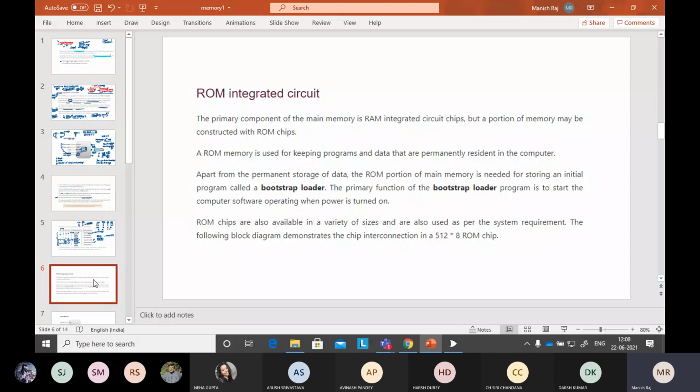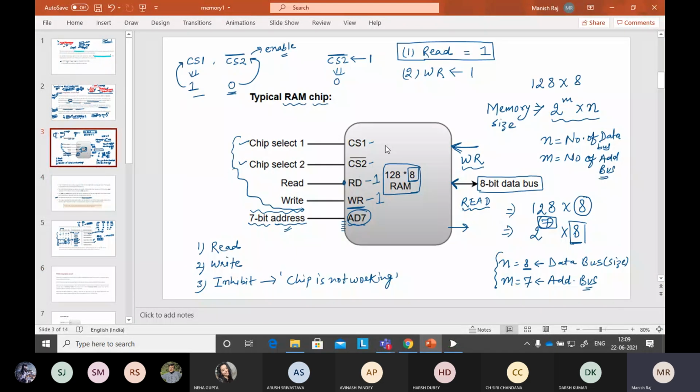So this is about the architecture or the structure, which type of ROM you can understand. This is the first picture of the RAM. In this type of RAM, you can understand there are two chips, there are bidirectional lines, so you can use the data, you can read and write, both of the things you can do in the RAM. Okay, so this is the structure.